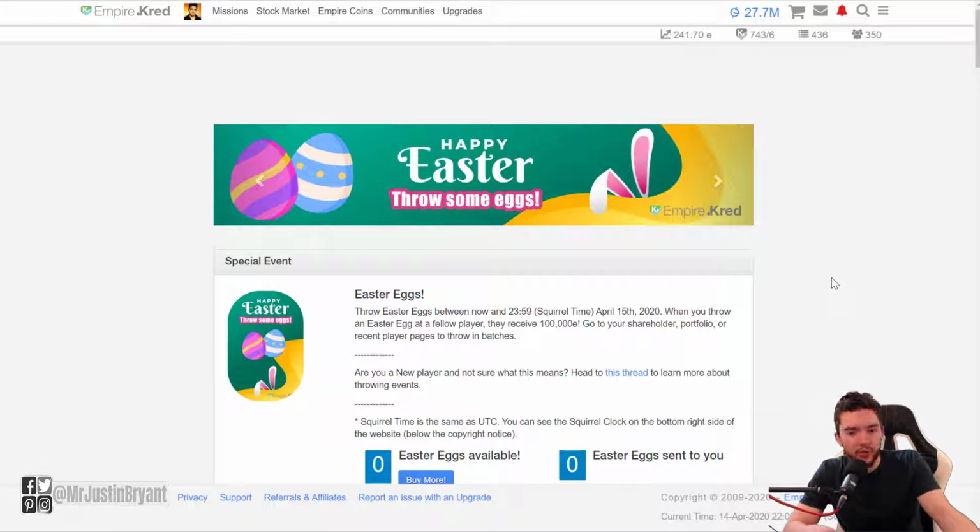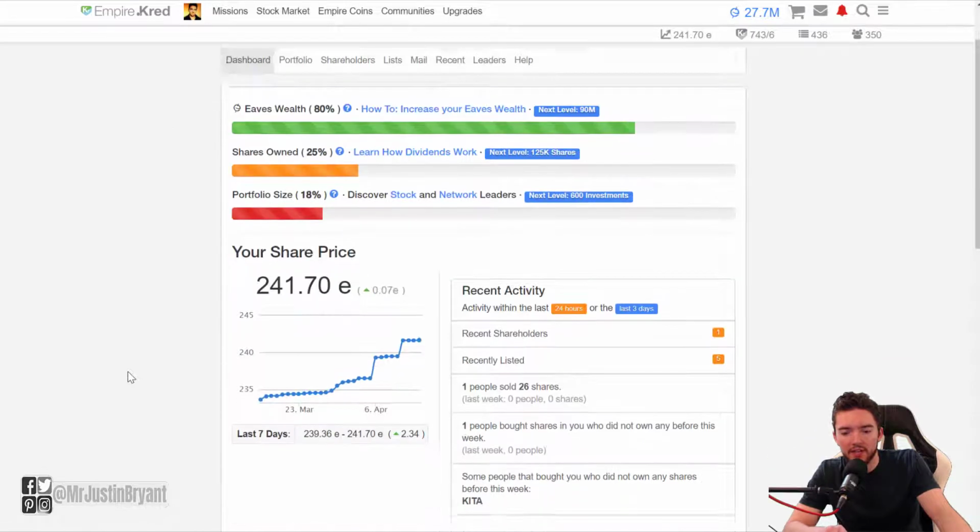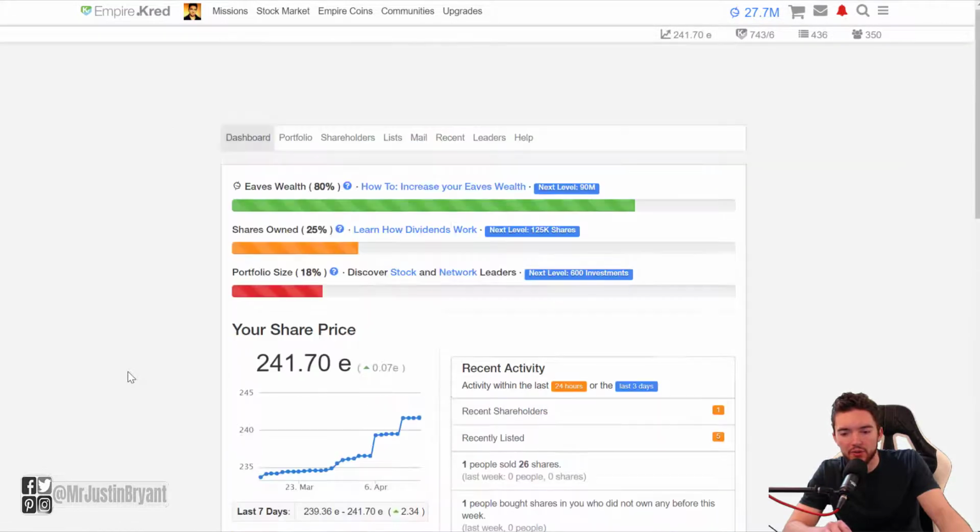And you can do it for free because what you do is you can play kind of this game where it's kind of like the stock market. If you sign up at empire.cred for free, you can start kind of investing in other social media users. So instead of stocks and rising stock value, it's kind of rising popularity value among social media users.